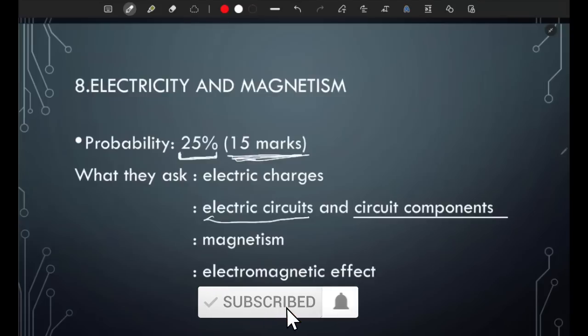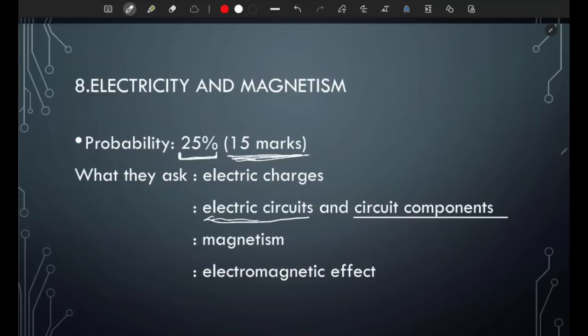This is almost a guarantee to come. It's guaranteed to come. So if there's an electricity question, this type of question with an electric circuit is guaranteed to come. So you need to know a few formulas,